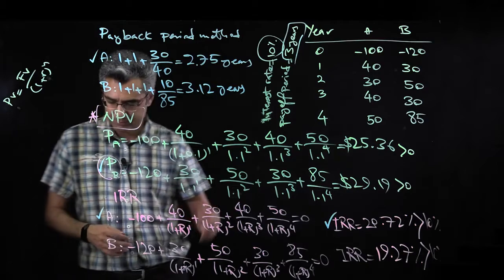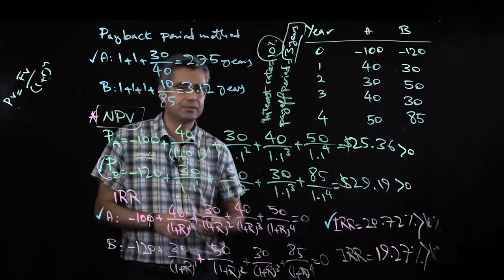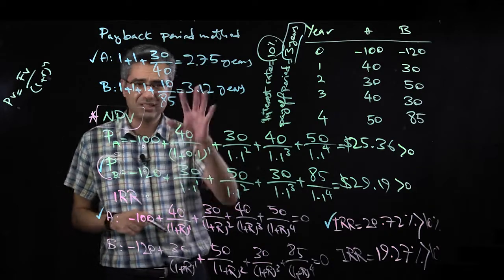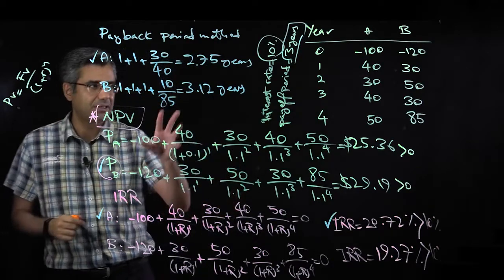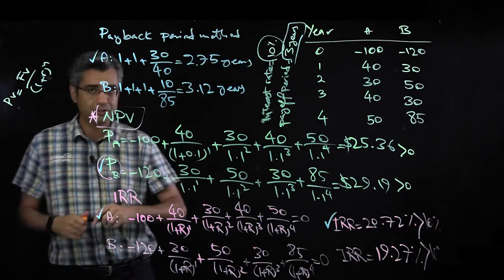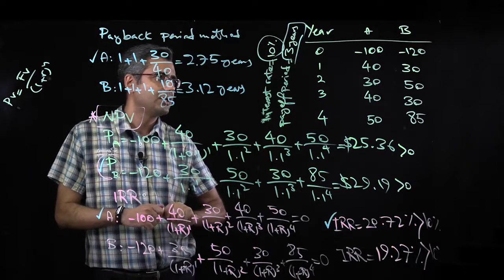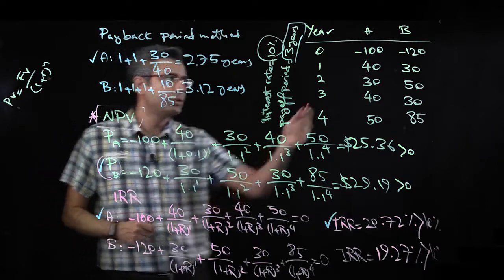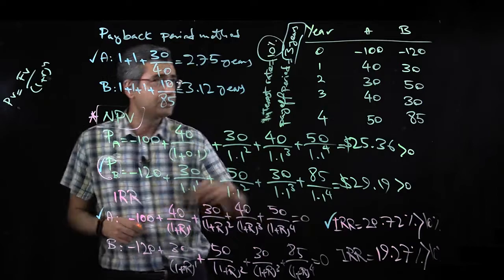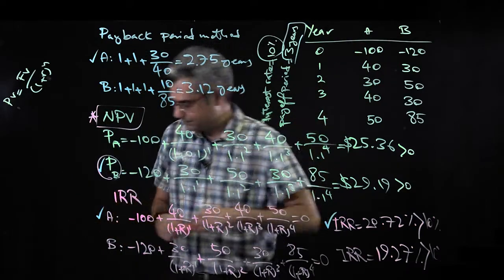Let me give you some examples. Suppose that we are talking about payback period to show you what the problems of the payback period method are, although many companies use it for making decisions these days. Let's look at this company, this project A, and